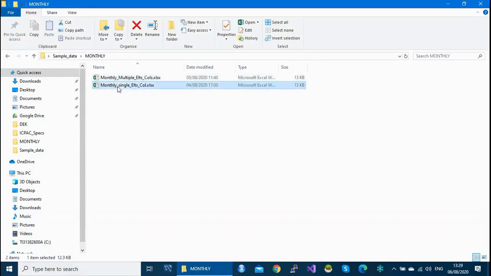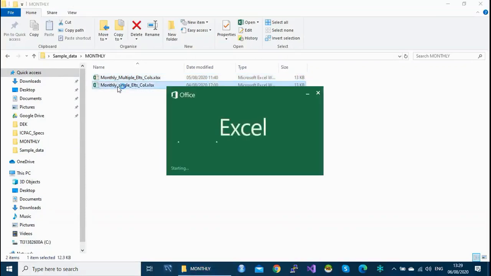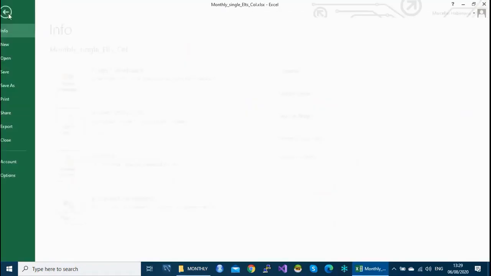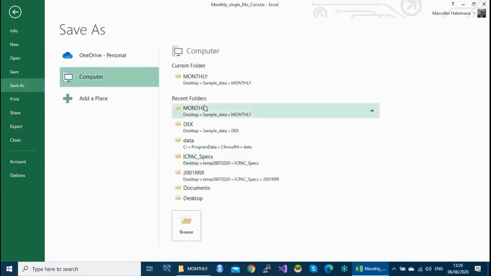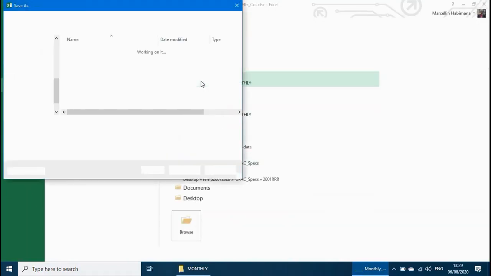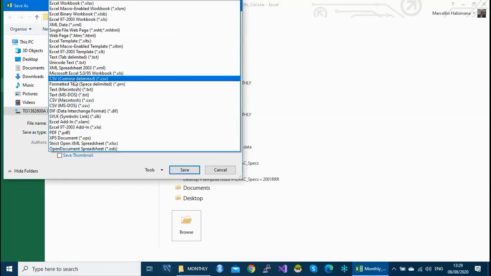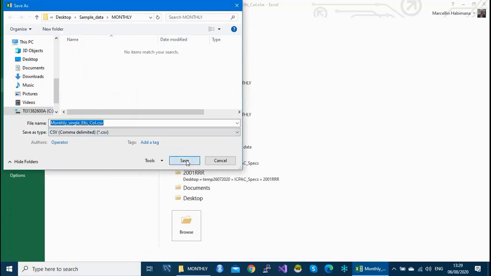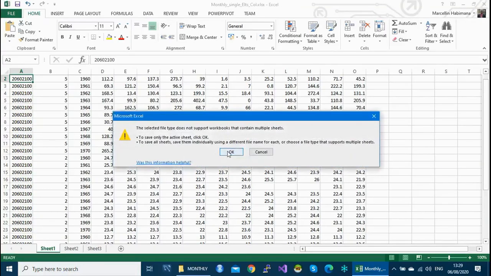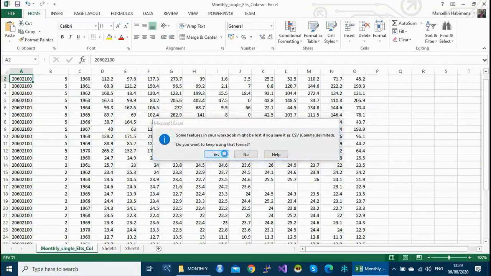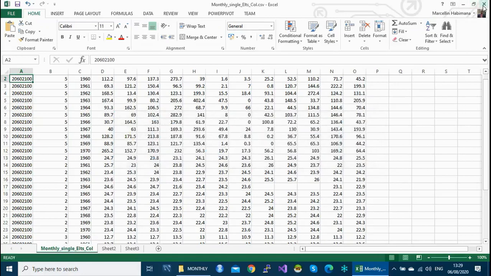Open the file in Excel, go to File, save in the same folder, change the format and select CSV comma delimited value. So this one is saved and will be ready for the importation.